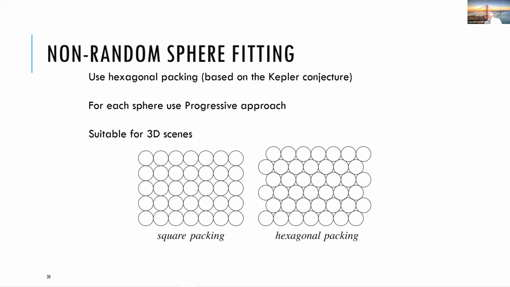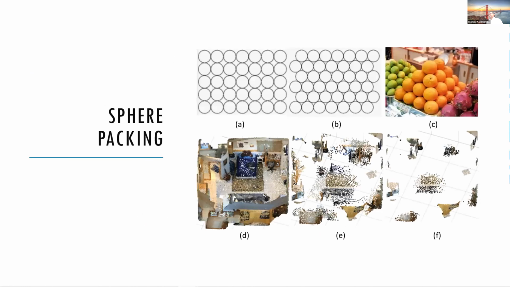I'm sure in China, India too, they sell fruits. They have a certain arrangement of fruits. And there's a reason for that, which I had no idea about, by the way. That's the sphere packing, actually. They can actually put more oranges, apparently. So we use that packing of spheres to represent the shape.